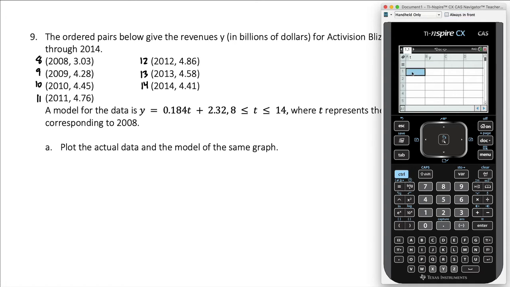So we've got 8, 9, 10, 11, 12, 13, and 14. And that's our x values. And then we need our y values, which are, we've got 3.03,